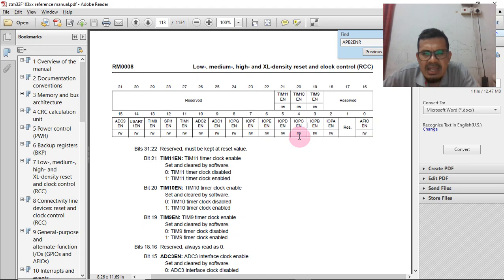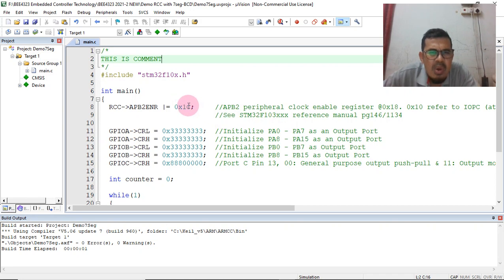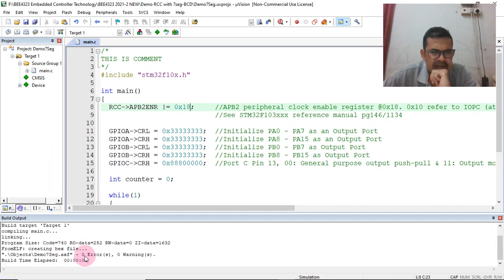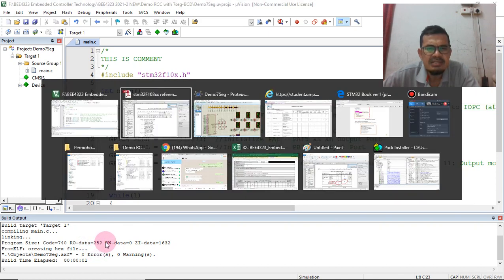So 1 1 0 0 0, meaning 18 in hexa, right? 18 in hexa. And then I rebuild the file. There is no error, still no error, because it only checks the syntax. As long as the syntax is correct, Keil will generate no error.